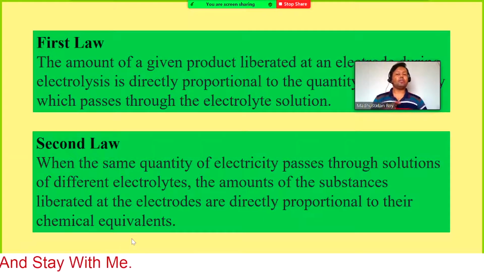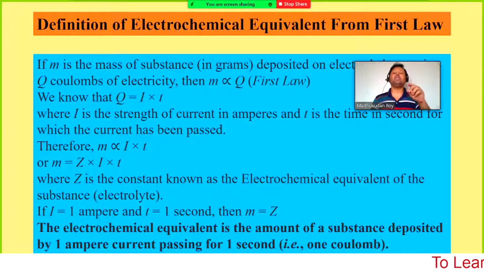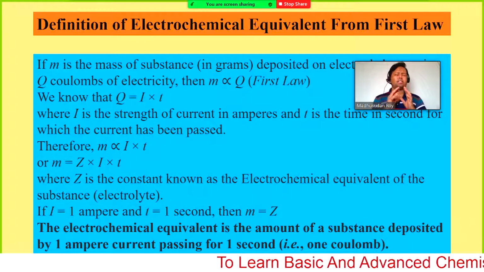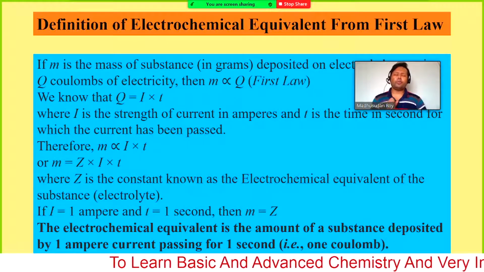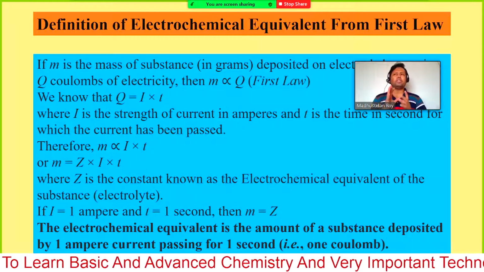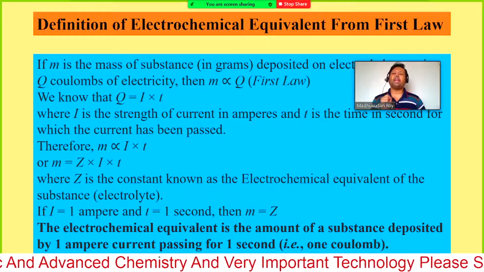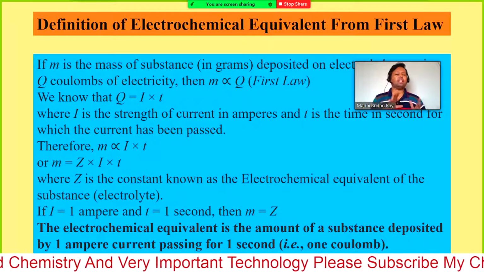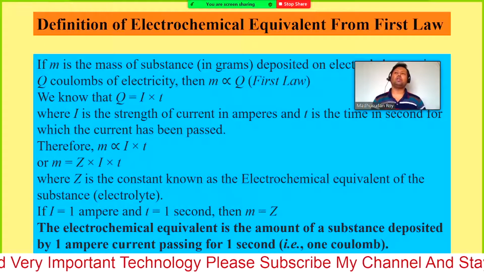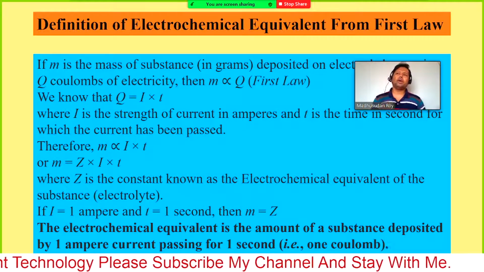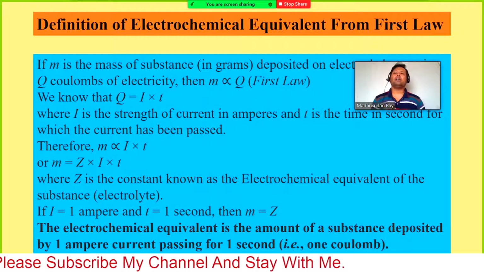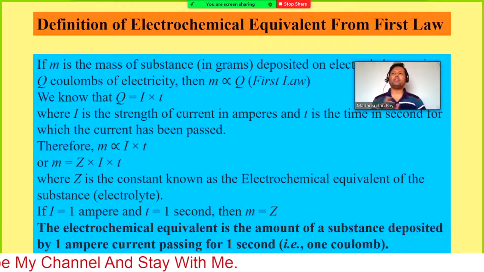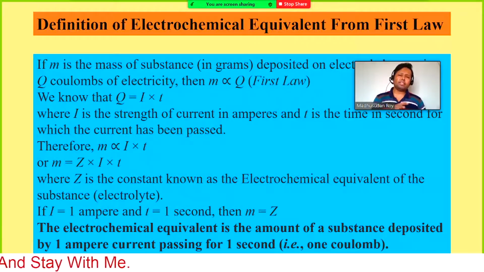So now you may have the question, what is the chemical equivalent? Let's learn what the chemical equivalent is. In a broad sense, you can have the idea that two different metals or two different ions have different capacity to gain or lose electrons. In terms of chemical equivalent, you can consider how fast or how slow the metal ion or the metal can gain or lose electrons. In one sense, you can consider that the chemical equivalent.